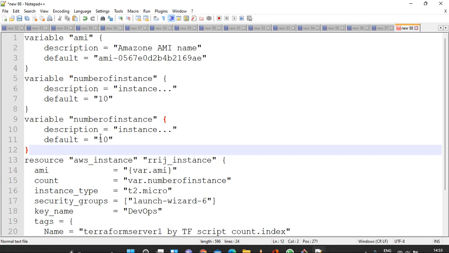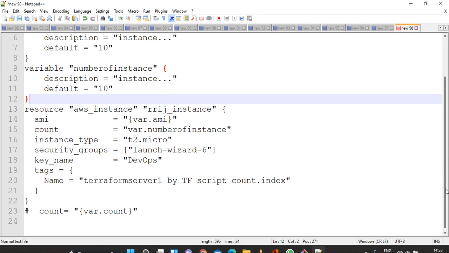Here, let's suppose the key name, we will let it be there. Now instance type.